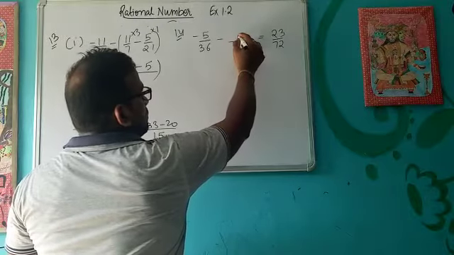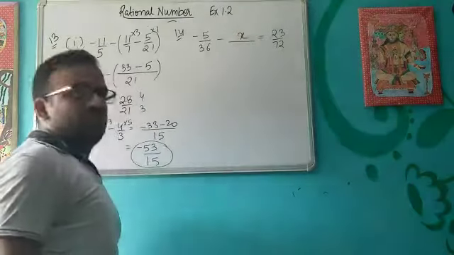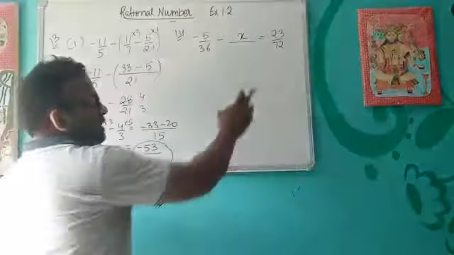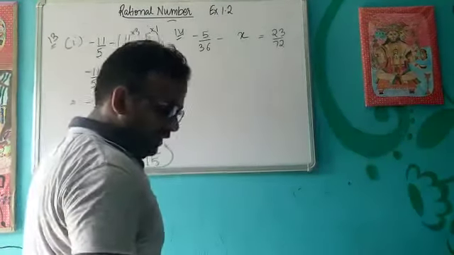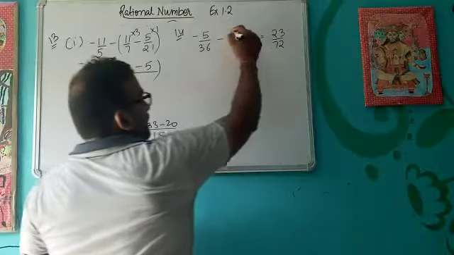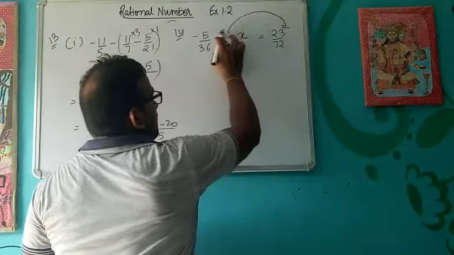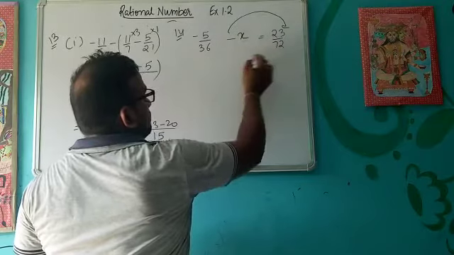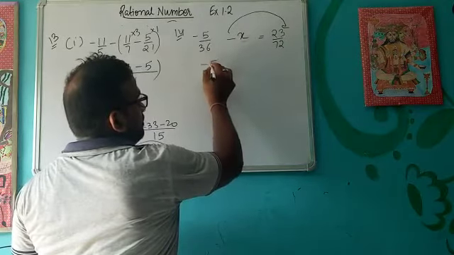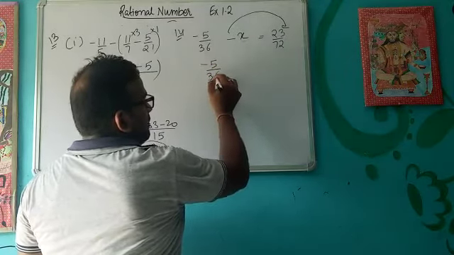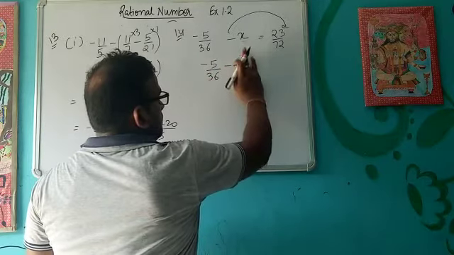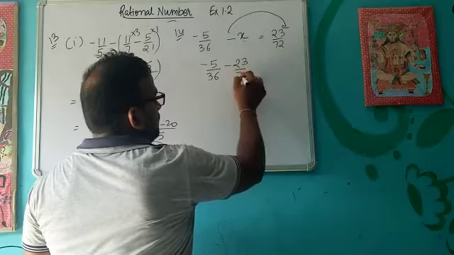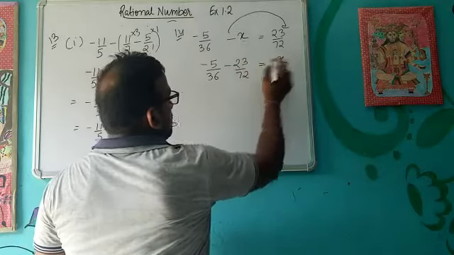So instead of this blank I have assumed the value as x. So again it forms the same kind of question that we have solved already. I will take this minus x here. This minus sign is with x. And this whole quantity here. So it looks like this. Minus 23 upon 72 equal to plus x.